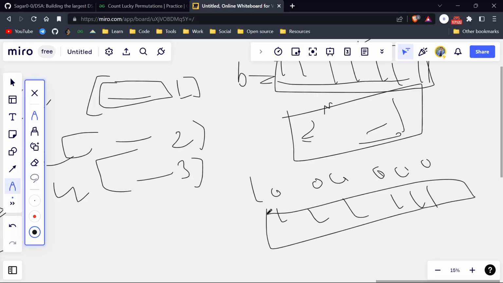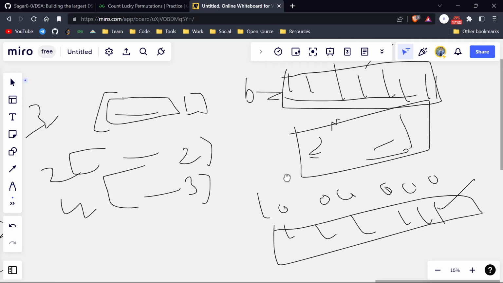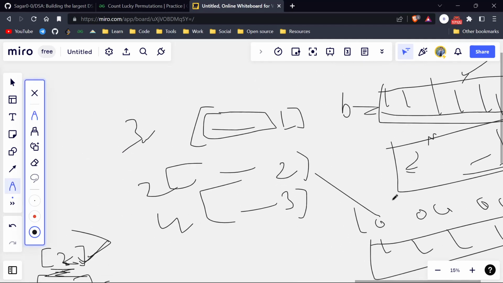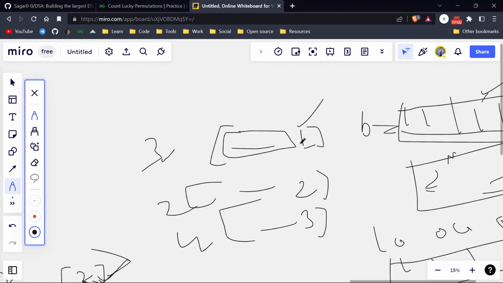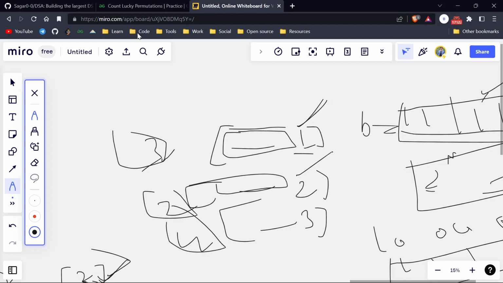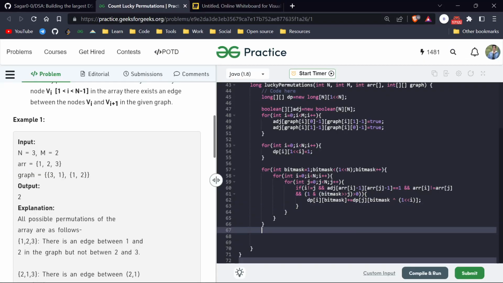And we just have to check for this thing: when all the values are visited, and the permutation is ending with 1, equal to 3, and all the values are visited and the permutation is ending with 2. So we have to just check all the counts. And what we have to do